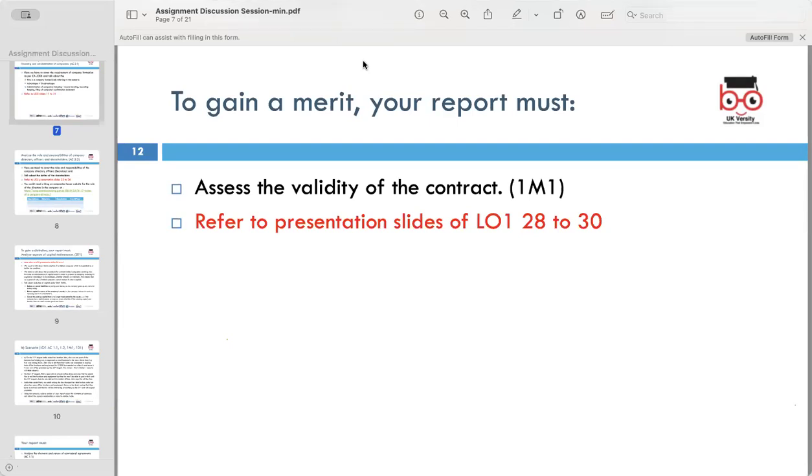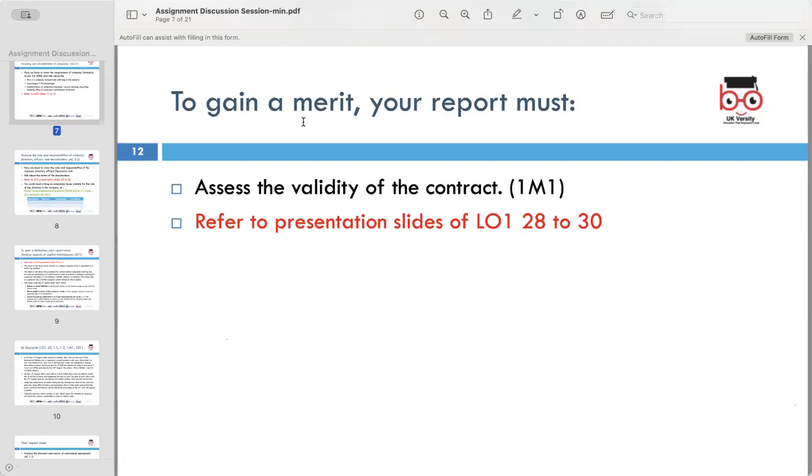So if you want a merit, because today's session is basically explaining assignment criteria and what the assignment questions are and how you can get merit or distinction or pass. To get a pass, you will just go through the basic things, whatever is your understanding, like definitions, basic things in intention to create legal relations, and what is offer, what is acceptance. But you wouldn't analyze and explain and define and describe. You won't go that long. You understand? Then examine the communication, as I was saying, two.